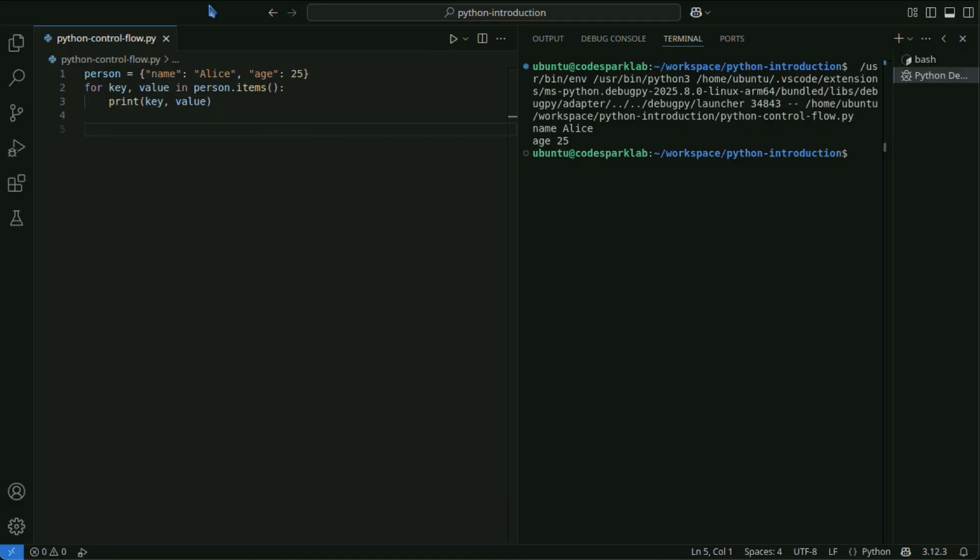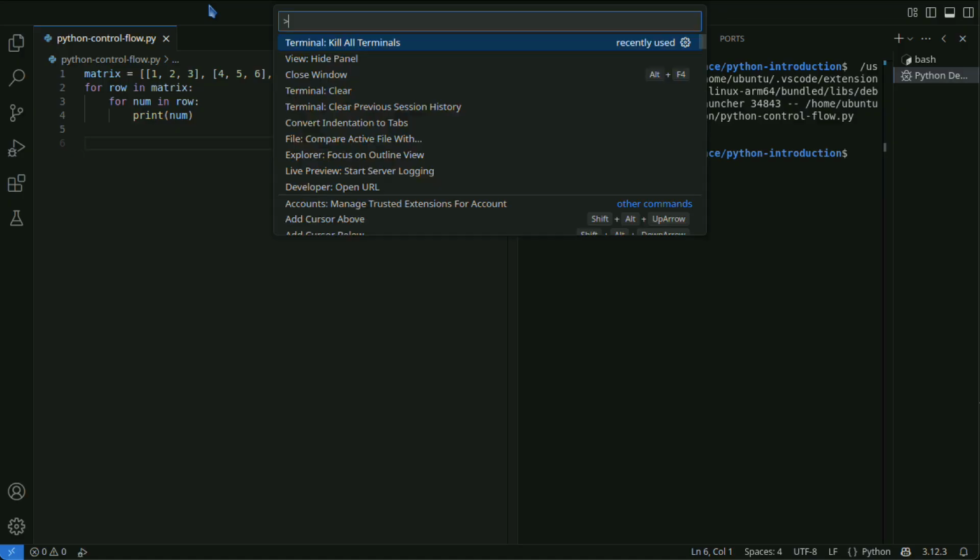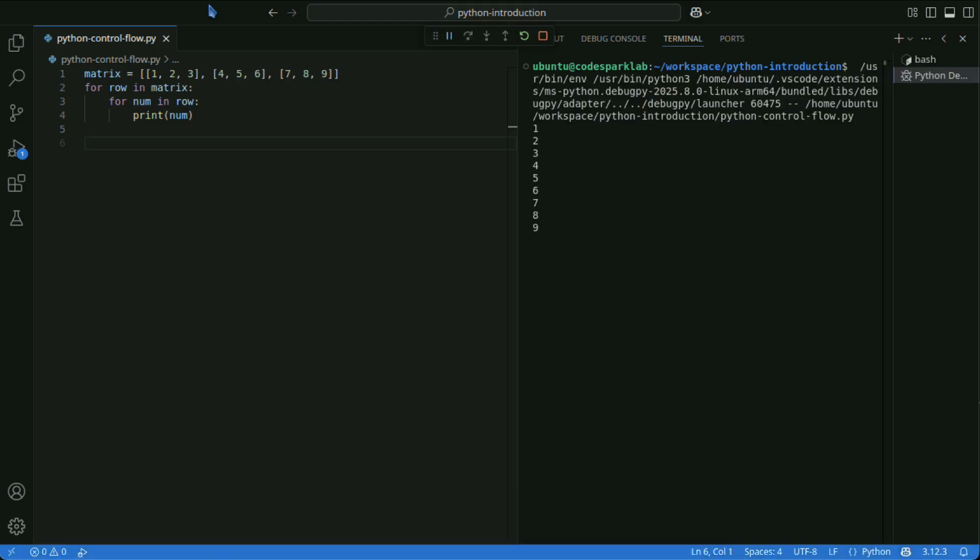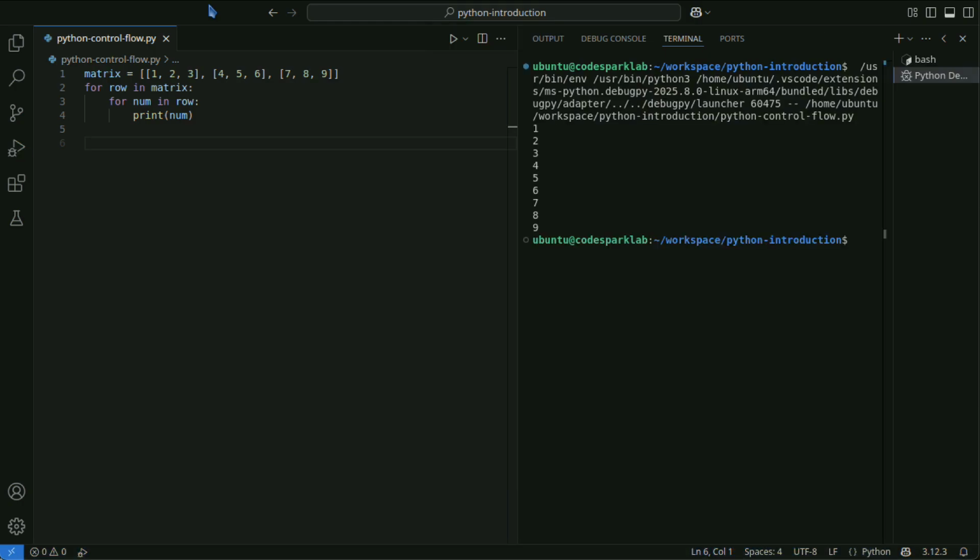It is also possible to nest for loops to perform complex iteration processes. This code iterates through each row of the list matrix and sequentially outputs the numbers in each row.